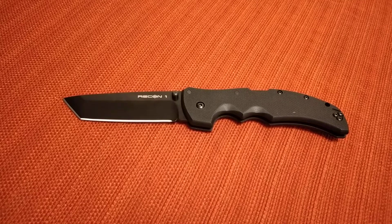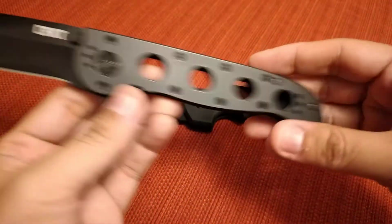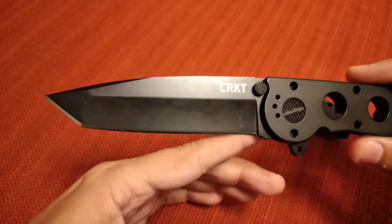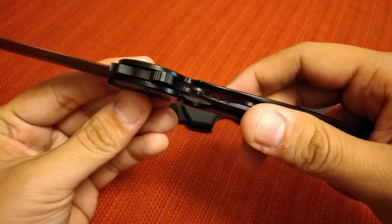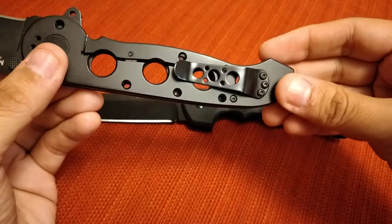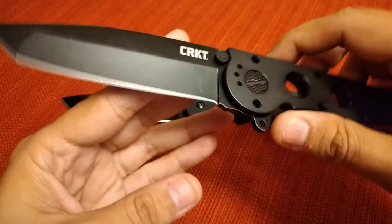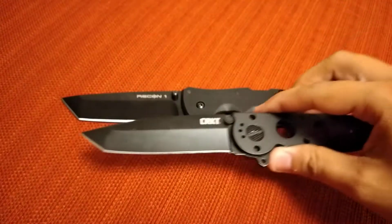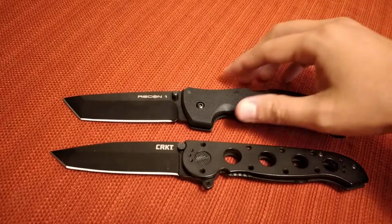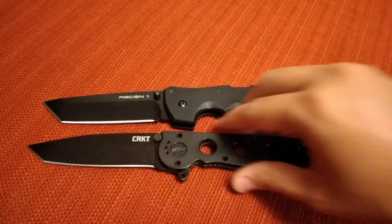Alright, got a comparison here of another cool tactical Tanto. This is the CRKT M16. This is the frame lock model. This is a newer one. I should probably do a video on this. I've had this for a while. It's a cool knife. I like this one. This is another big knife. This has a 3.4 inch blade, where the Recon has a 4, but as you will see,